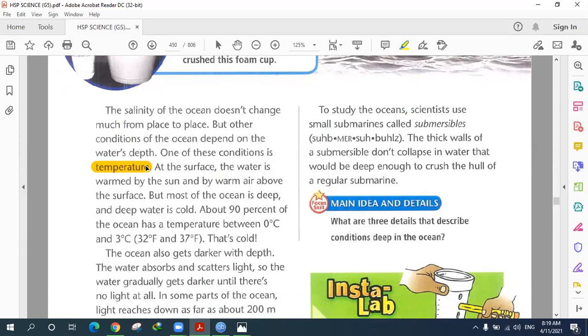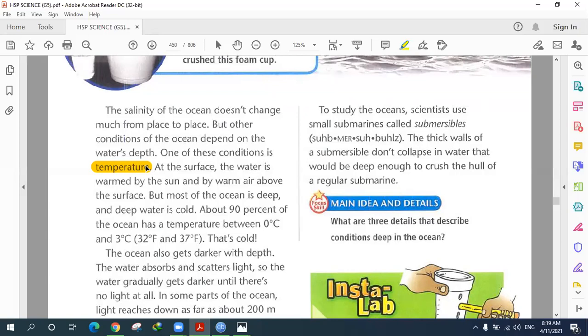As we go deeper in the ocean, do you think the temperature will increase, becoming hotter, or decrease? It will be colder. Colder means it will decrease. Increase means it's going to be hotter, and decrease means it's going to be colder. Yes, that's right. As we go deeper in the oceans, the temperature tends to decrease, or gets colder and colder,